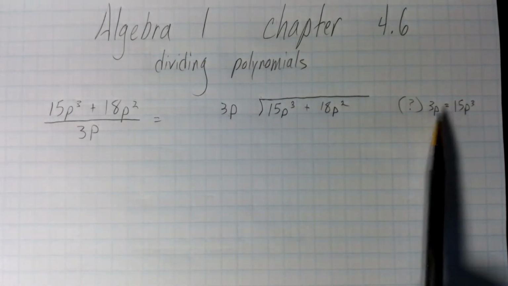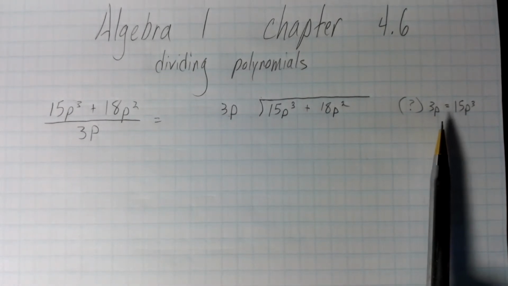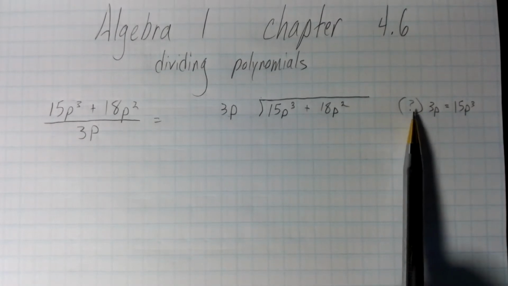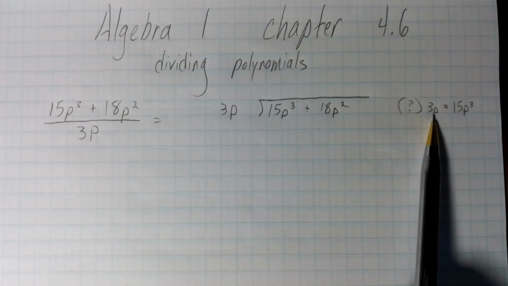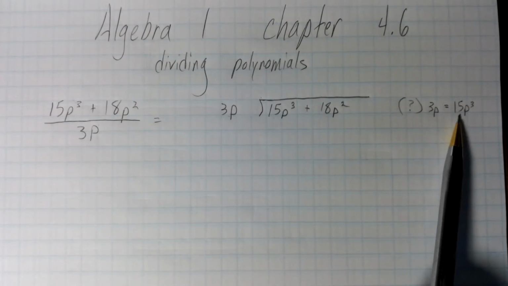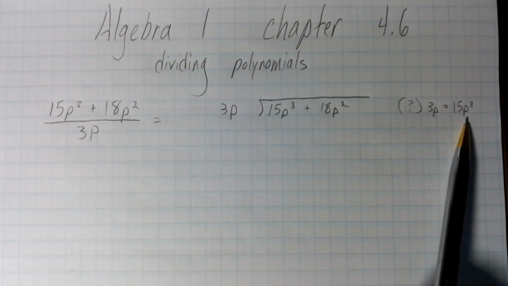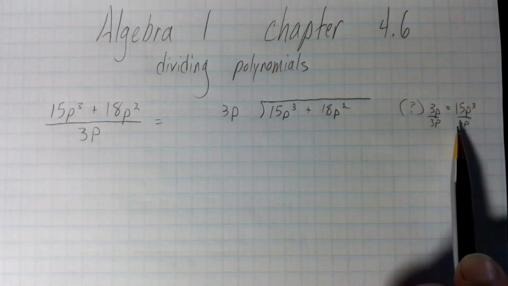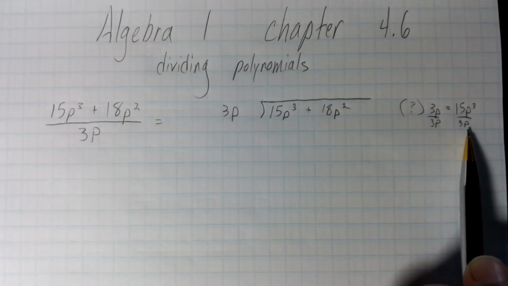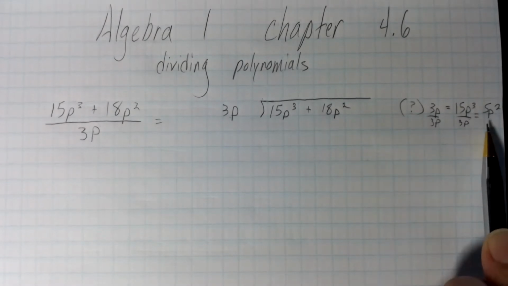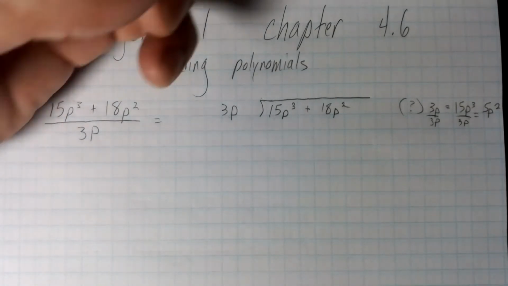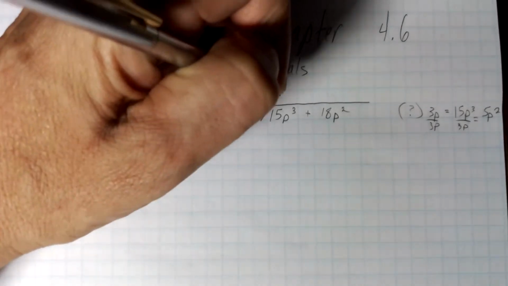And over here, I've put my little side work. I've said, hey, what do I have to multiply 3p by in order to equal 15p cubed? Now this really is just a math problem because I just need to divide both sides by 3p and I'll get what my question mark is. So here I have a 5p squared. Now I'm going to take my 5p squared and place it right above